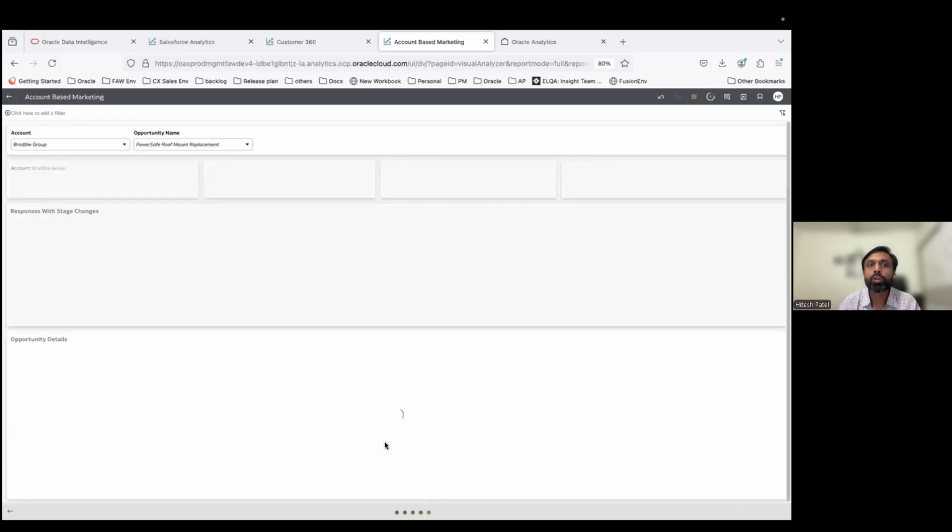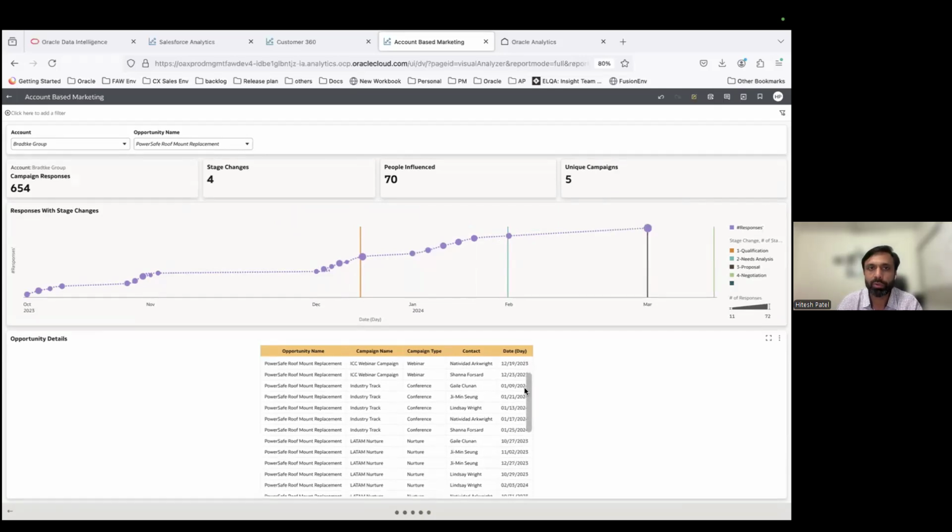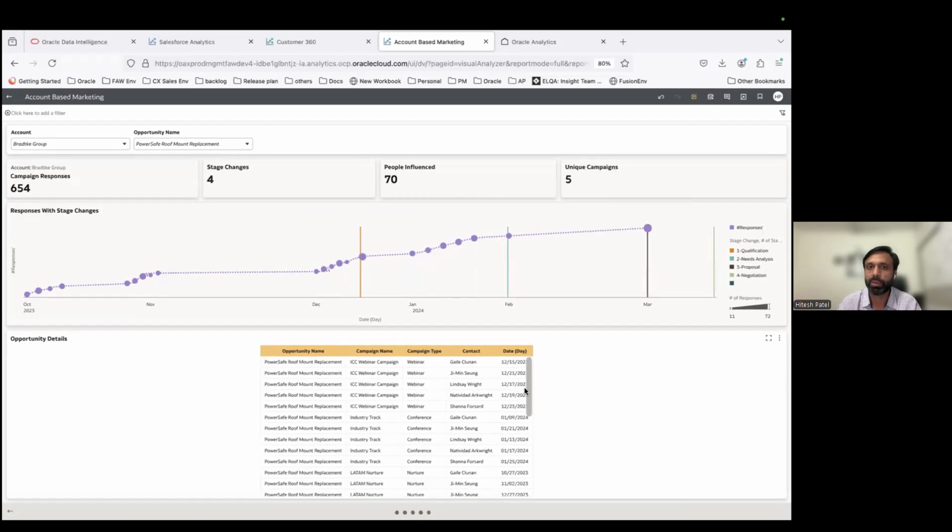And if I want to drill down to a particular opportunity, so for this account, for this opportunity, I see that all these purple dots are the campaign responses that I have received. So it seems that 12 campaign responses it took me to get a foot in the door. I have the opportunity open. And then moving the opportunity to the next stage requires fewer and fewer responses. And I know, hey, once I reach out to certain contacts who have been responding earlier and now, I can keep the opportunity pushing further until it's closed. So these are some of the use cases we can derive using Salesforce CRM Analytics.